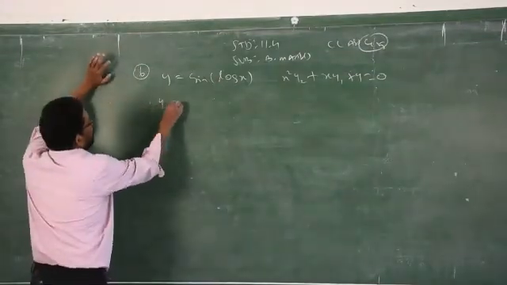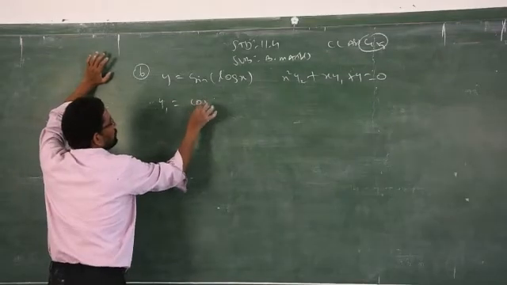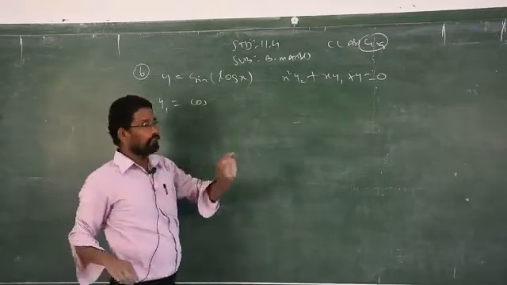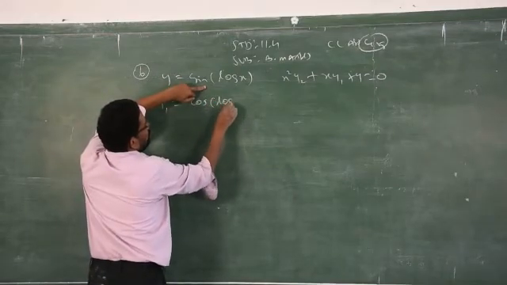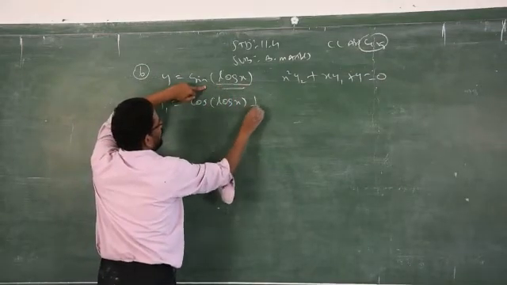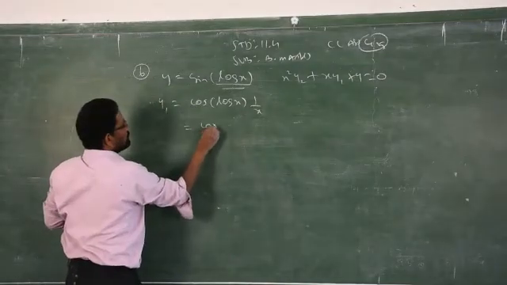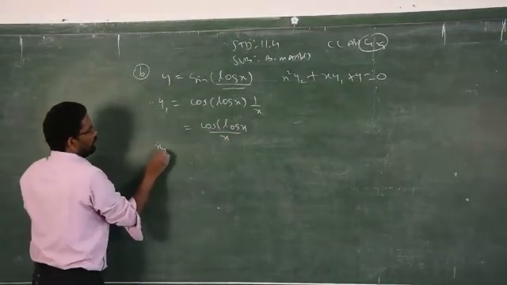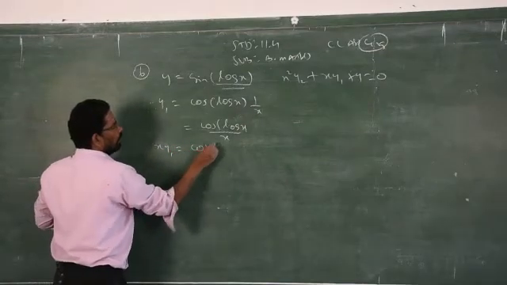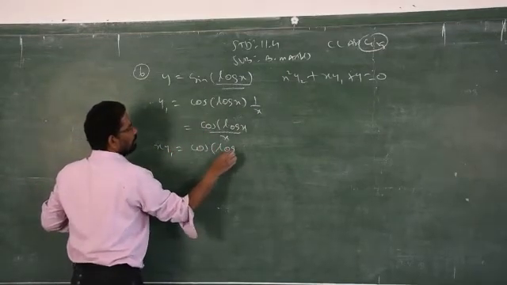As usual, y1. You know already, when you differentiate, you have to differentiate the outer function first. Sine will become cos. In the place of x, it is given log x. Then differentiate inside the bracket, 1 by x. So your answer is cos log x by x. Cross multiply, x y1 is equal to cos log x.